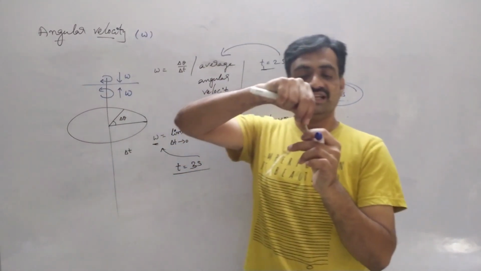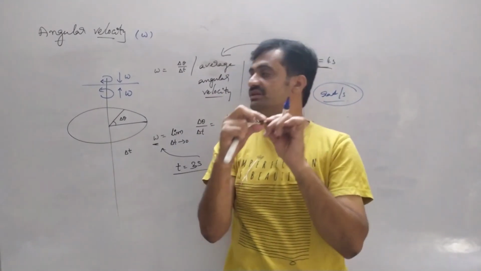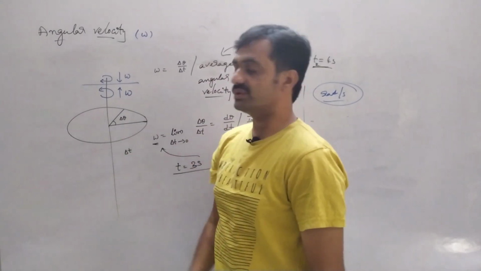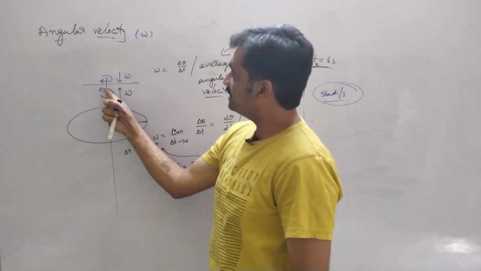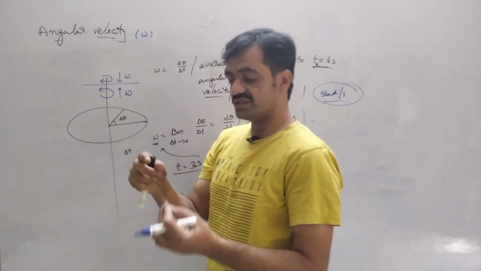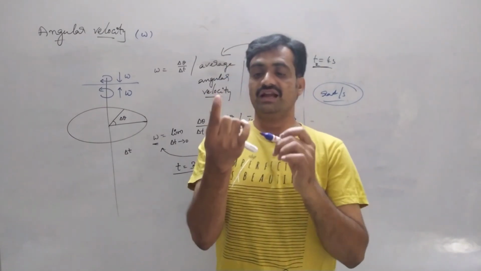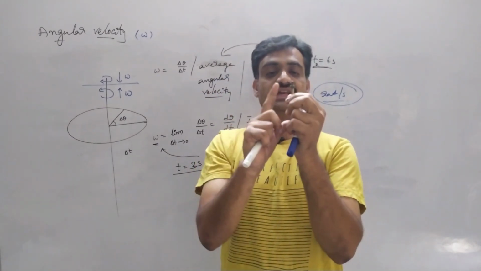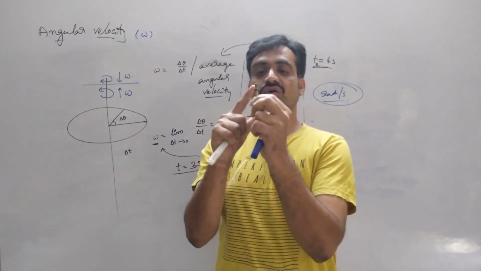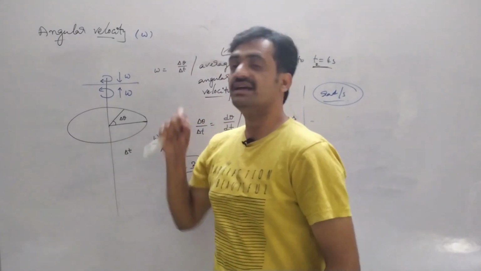If the body is rotated in the anti-clockwise direction, then angular velocity will be acting in the upward direction. Suppose the body is rotated in the clockwise direction, then angular velocity acts in the downward direction for a body which is rotating about a fixed axis. Here the fixed axis is a nut, and the bolt is rotating about this fixed axis like this. The nut is rotating about the fixed axis like this. Observe this. So based on that we can represent the angular velocity.